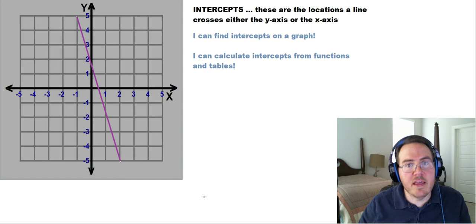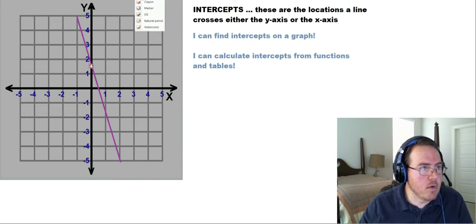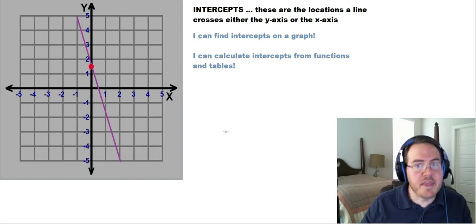Now, this function has two intercepts, okay? And they are here and here. And maybe this is just the best way to show you. Let's make a red dot. Okay, so if you'll notice right here, fill it in. So let's try that again. I'm going to fill it in. It didn't do it. There it is. Okay. So this spot right here that I've just made a dot on right here,